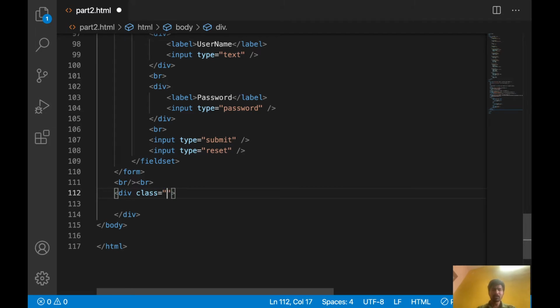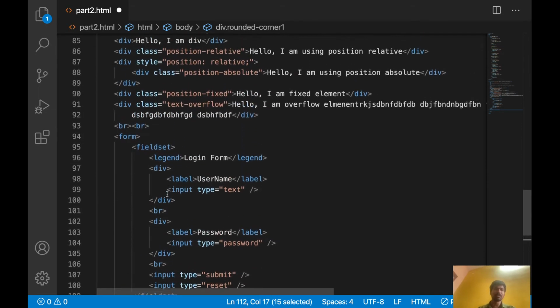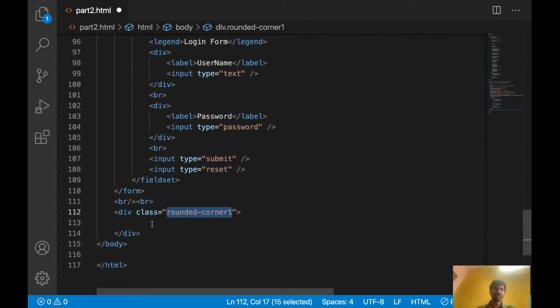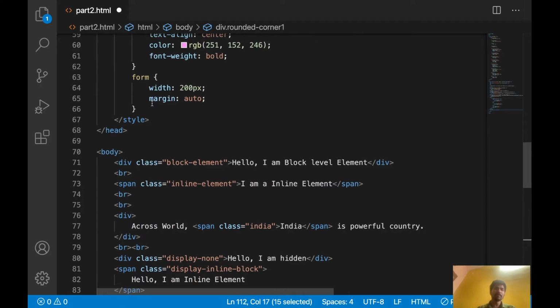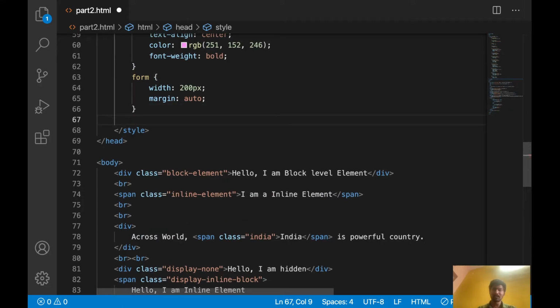Let's say rounded corners, corner one. Okay, let's write something here. I just created an empty element. Let's style that one using border radius.